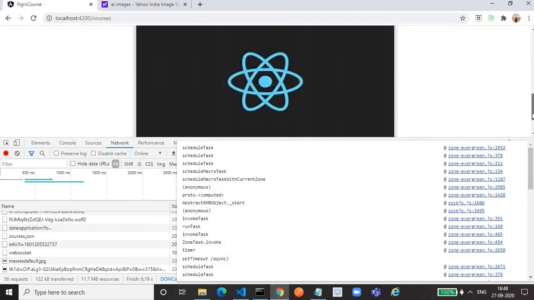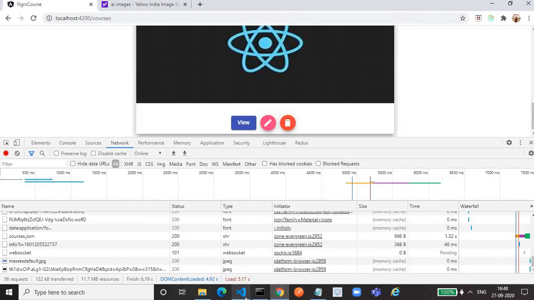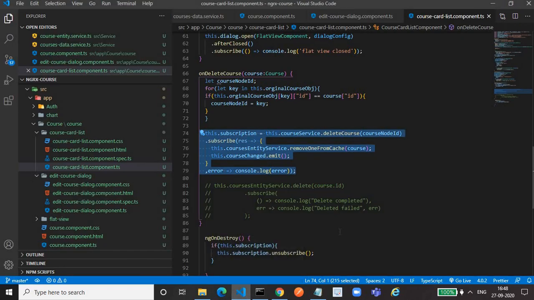The advantage is that we don't have to write any reducer, any selector, neither the selector nor action nor effect. All these things are not needed at all. We just have to write one entity service, and call the appropriate method. That's it. Our work is done. And even for subscribing, we can directly subscribe by using entity$. No need of creating the selector. For the effect, it will call the API automatically.